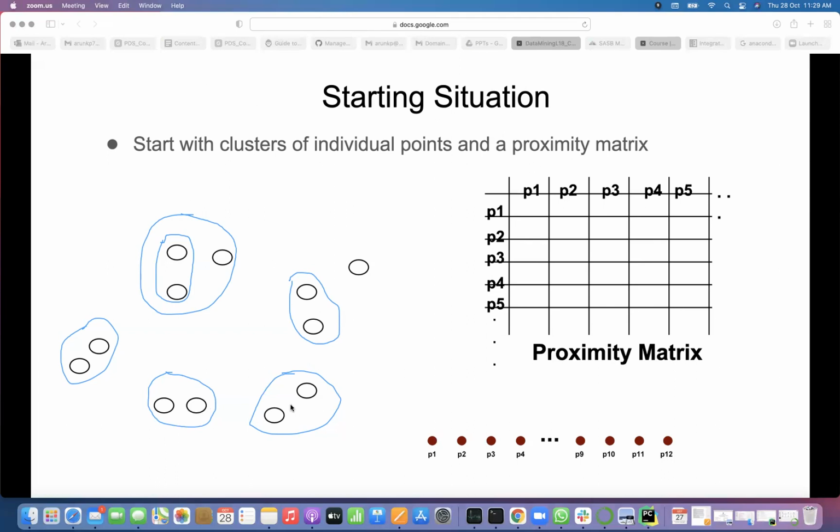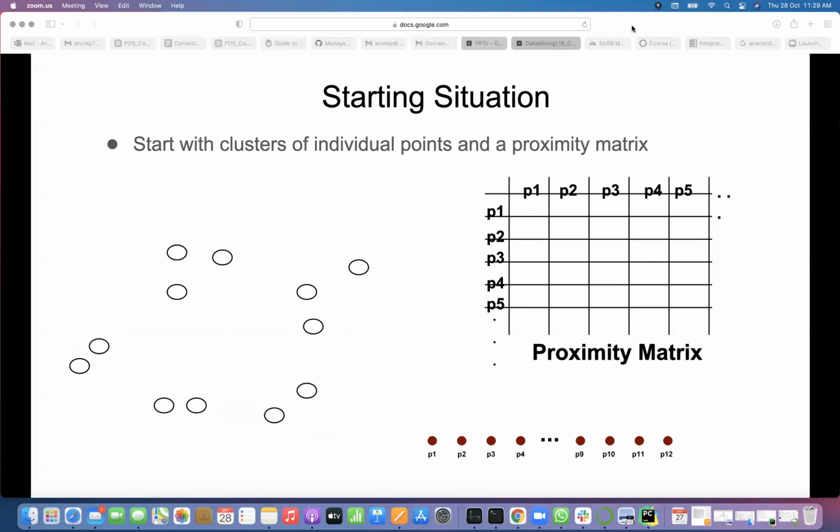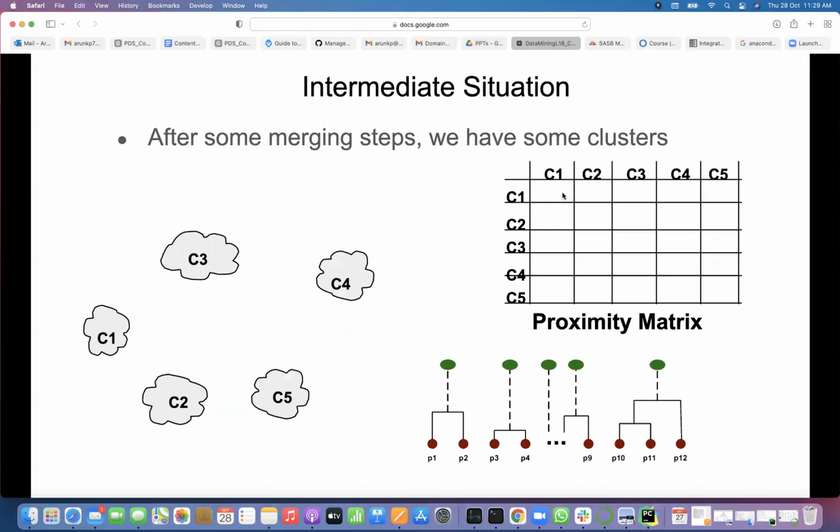Like that, after some time, we will get 5 clusters in some measure of the cluster distance. Then we will have a proximity matrix, only a 5 by 5 matrix. Then whichever value in this proximity matrix is small, those clusters will merge.